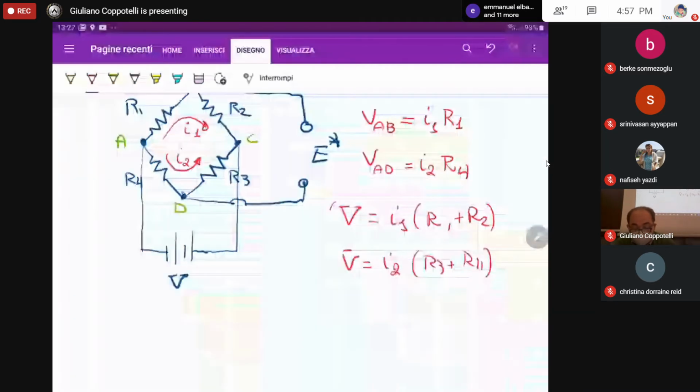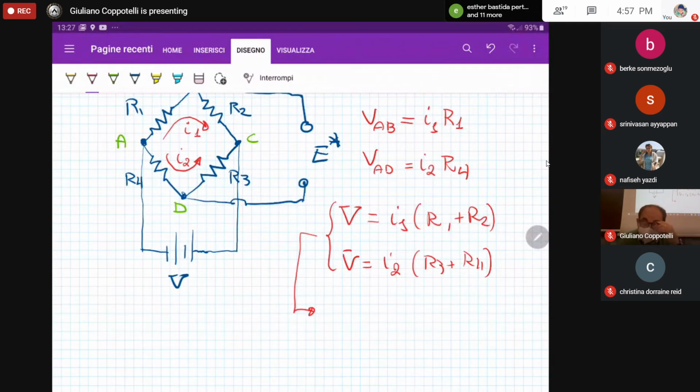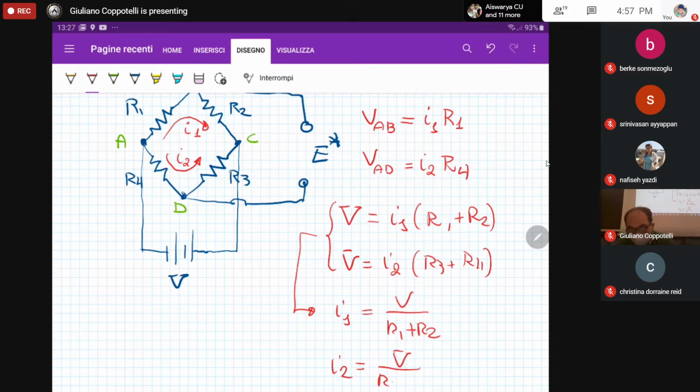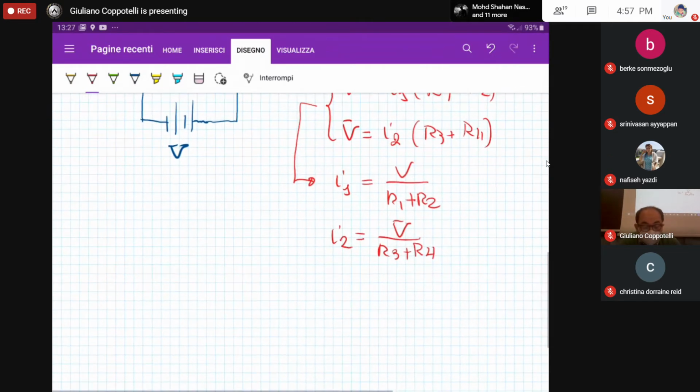Thus, we can use these last two equations to identify the current flowing in the upper and the lower branch of this resistance grid. So what we have is I1 is equal to V over R1 plus R2, and I2 is equal to V as well, divided by R3 plus R4. If we plug these two equations, the two pieces of information concerning the electrical circuit, into the previous one, what we can say is that